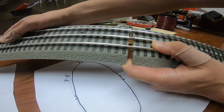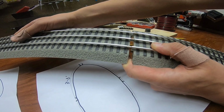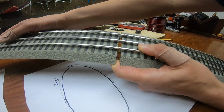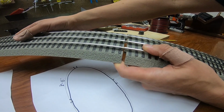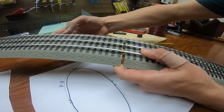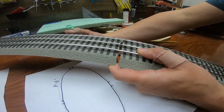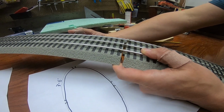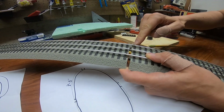And what we find is, if the track is not laid down securely, that you can have flexibility with that connection and it could drop off. Now the other thing that happens is, when the train runs over these connections, there is naturally going to be some fluctuation in the way the track moves, and that can interfere with the connection as well. So you're really relying on these connecting pins for both